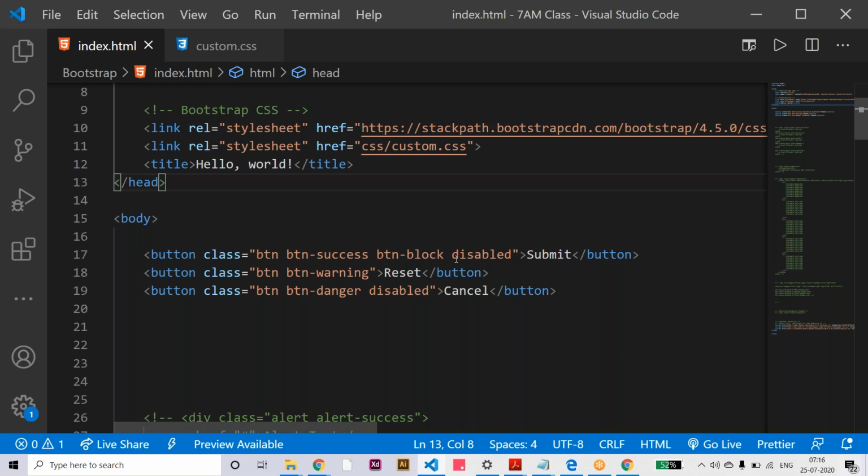Yeah. Okay, so here like this we can use the buttons. Mostly we are using them on forms only, not in regular content. In forms only we are going to use these buttons, like submit button, reset button, send button, login button, okay, register button. We are using them in forms only.